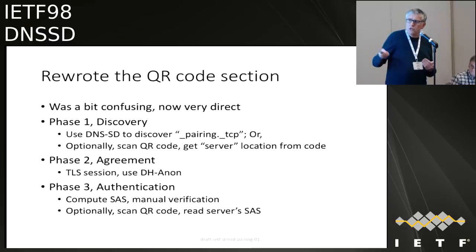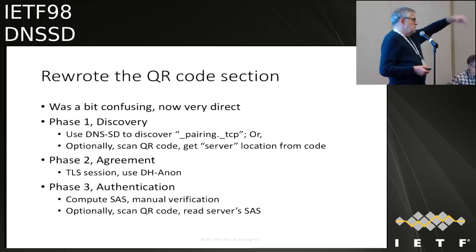Then the agreement has not changed. It's using an anonymous agreement to negotiate a keying. And the authentication mechanic of the protocol has not changed. It uses the short authentication strings algorithm: first sending a hash of a nonce, then sending the second nonce, etc., and counting,